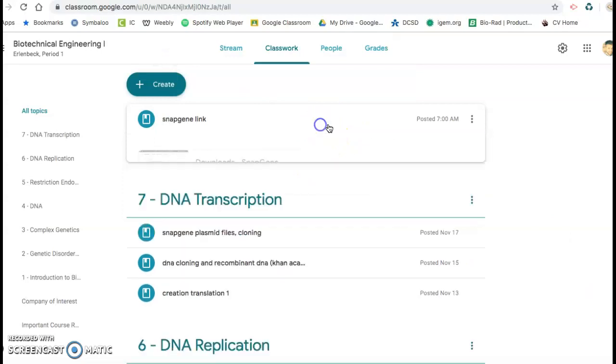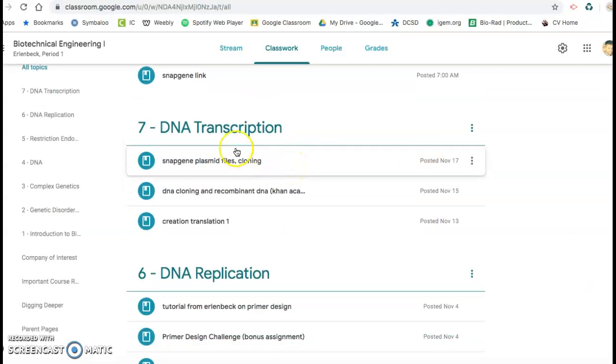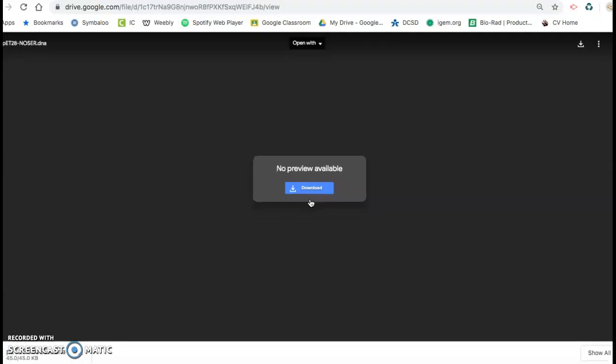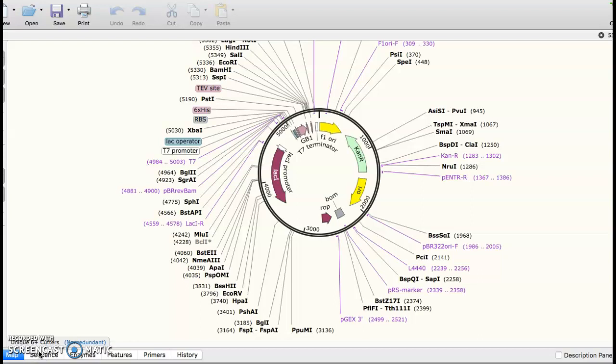I put a couple of other sequences that you might need, right? So on Google Classroom. So if you hop to here, I put both files located right here on Google Classroom. So here's the one that we just downloaded first, the eGFP plasmid. The second one is PET 28 noser, right? So that's the one that I was trying to search for, but it doesn't seem like I can pull it up. But if you click on this, what we can do is go ahead and just download the sequence, and then if you can click on your download, up pops the plasmid. So I'll just have you guys download that one directly from Google Classroom,